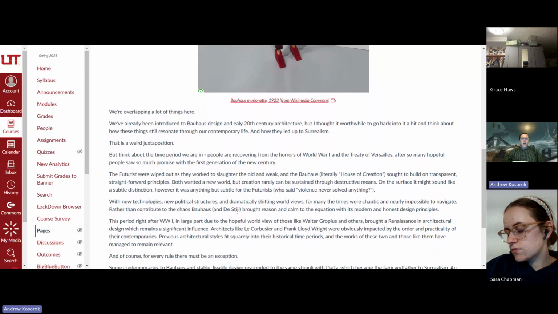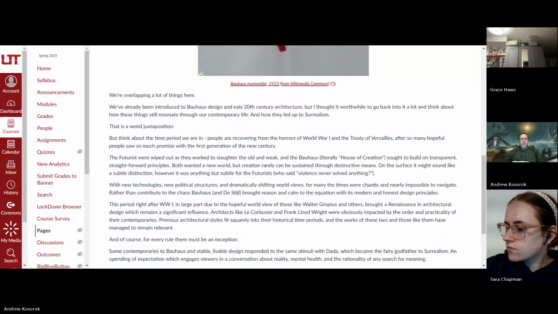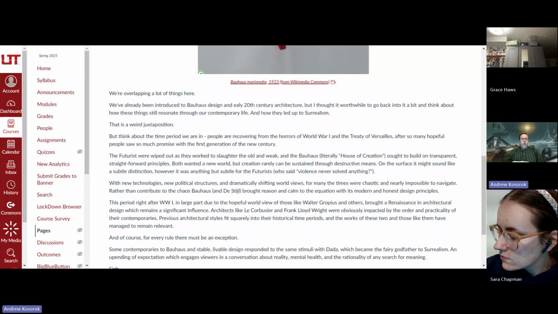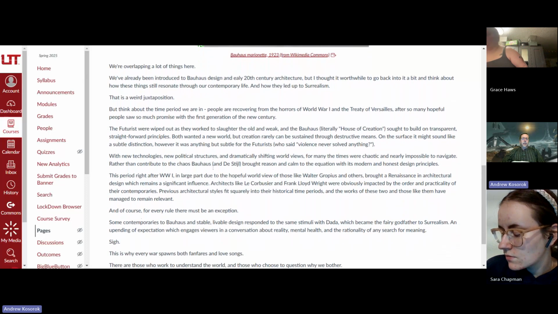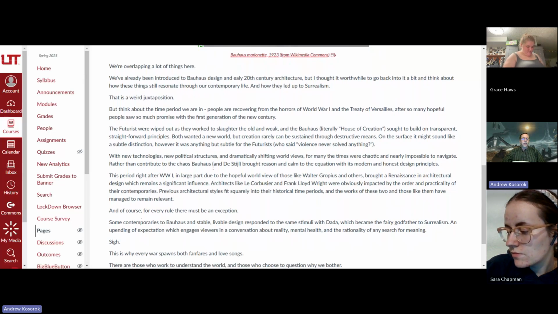This all is happening right around World War One and while people are recovering from World War One. And there's an awful lot of stuff that's going on. At the turn of the century, we had all sorts of new technologies that were showing up that people were trying to use. I showed you that picture of the Paris exposition right around 1900, where they had an elevated train and they had all these